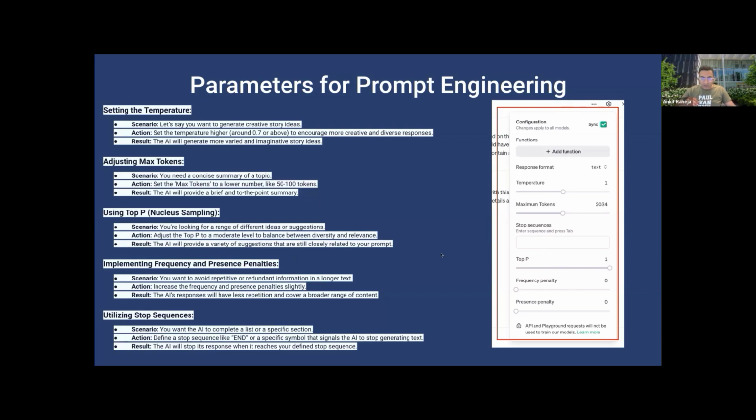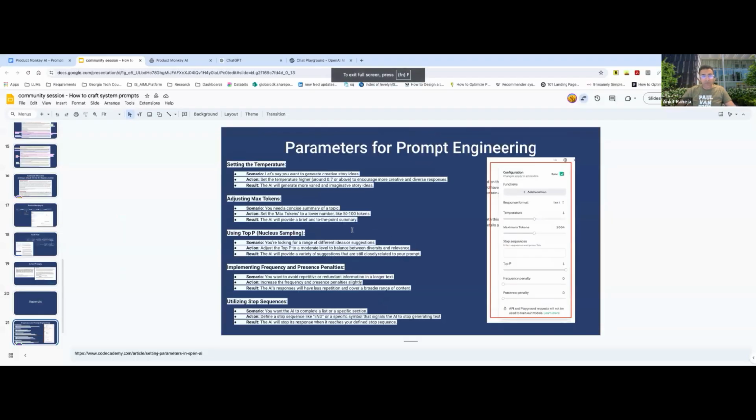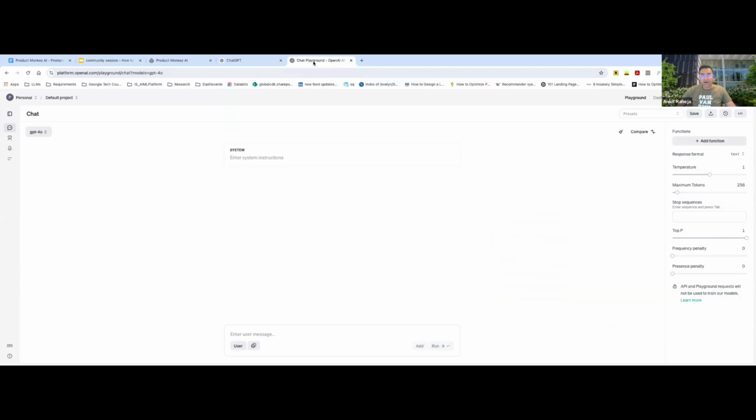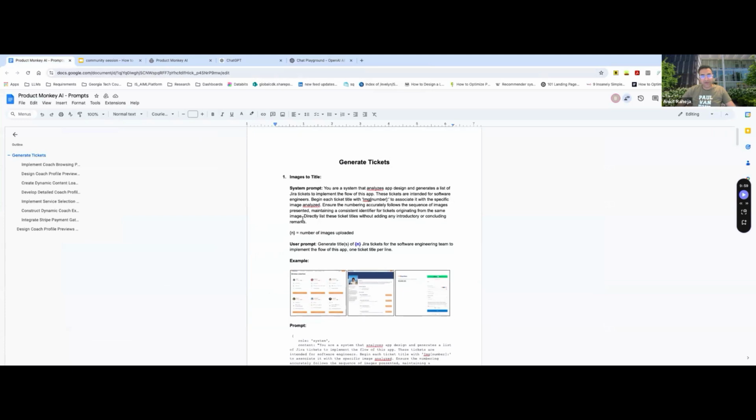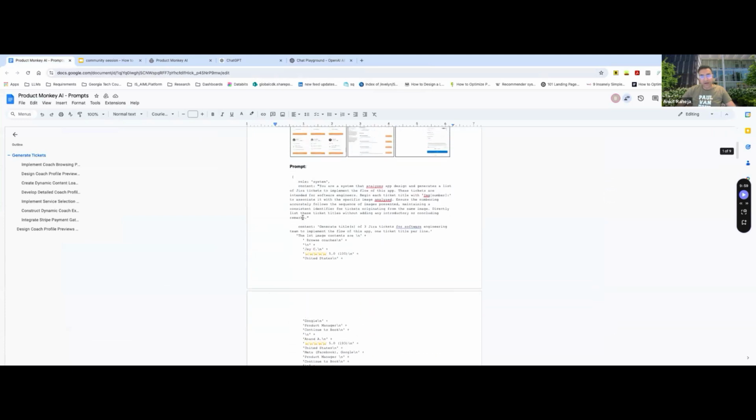Without further ado, let's jump into how this whole process works. I have the chat playground already ready. What we'll do first is look at the first set of prompts here. We're going to create Jira tickets for the software engineering team. Imagine how much time you can save if you had a capability like this. So I'm going to